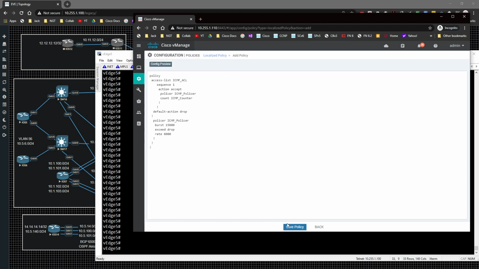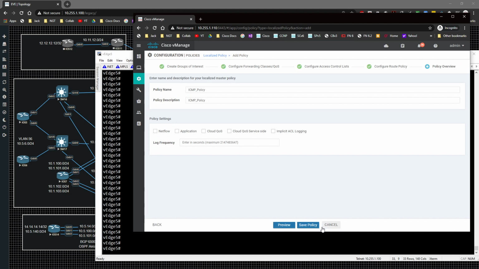I'm going to go and click preview. We can see that we've created the, I've actually got to go back to there and set the default action to be accept. So I'm going to click back